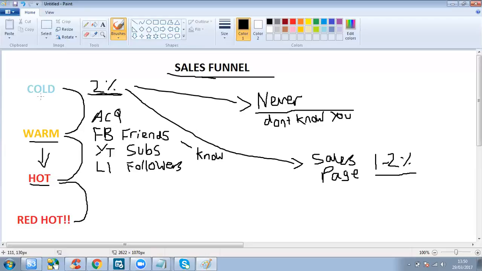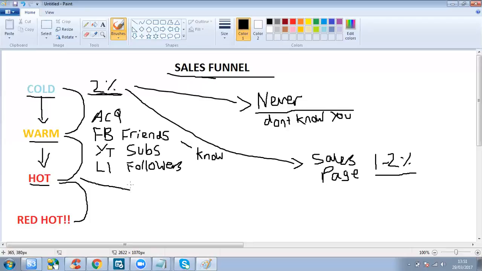Now, the way we turn cold into warm is just to be personal with people, just to give value, just to help people, just to show them that we're real, genuine people who want to help them get where they want to get to in life. So with us, we introduce ourselves, we're very real, very personal, very hands-on with people, and that helps build a connection, that helps build rapport, which transfers someone from cold traffic over time into warm. But it's not quite enough to take them to red hot. So the next level up is